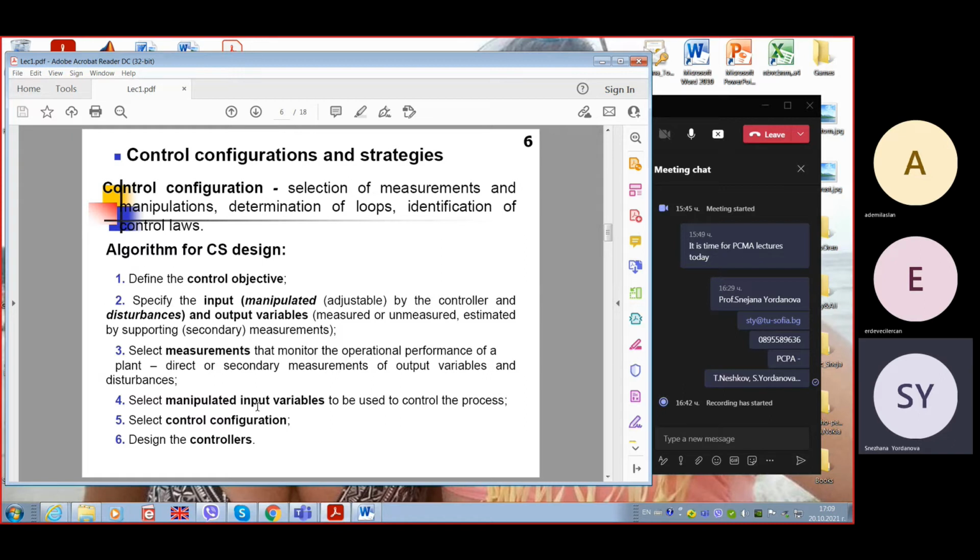And this is the manipulated input variable. But actually, the information variable is related with the voltage used to drive the electrical motor that drives the